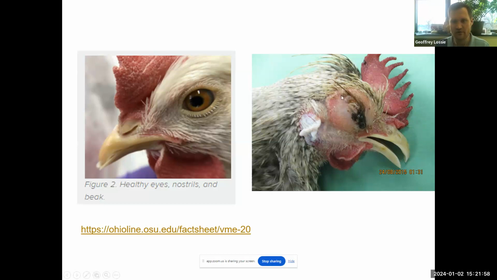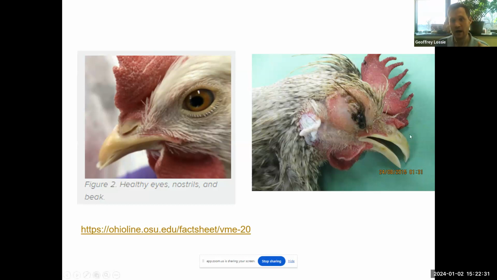And look at all this swelling, mostly below the eye, but some above the eye as well. What you're seeing right there beneath the eye is a specific anatomic location in birds called the infraorbital, beneath the orbit or eye, sinus. And when you see inflammation and a big puffy infraorbital sinus, the first thing that you should be thinking is